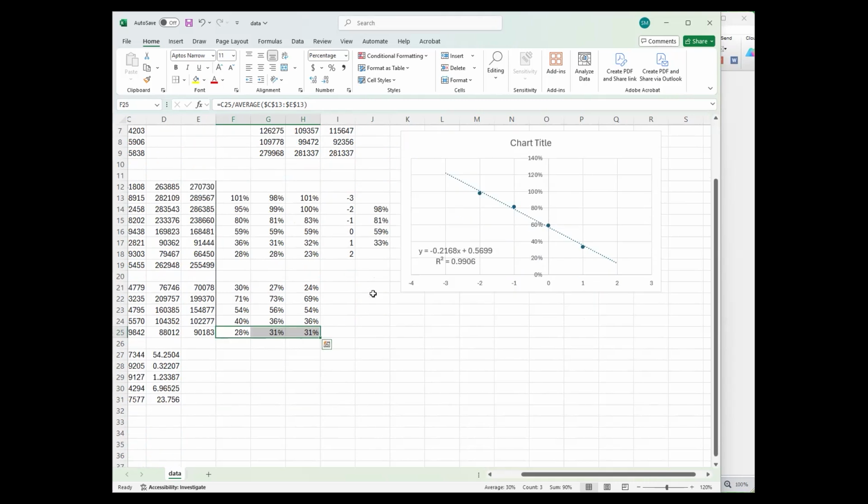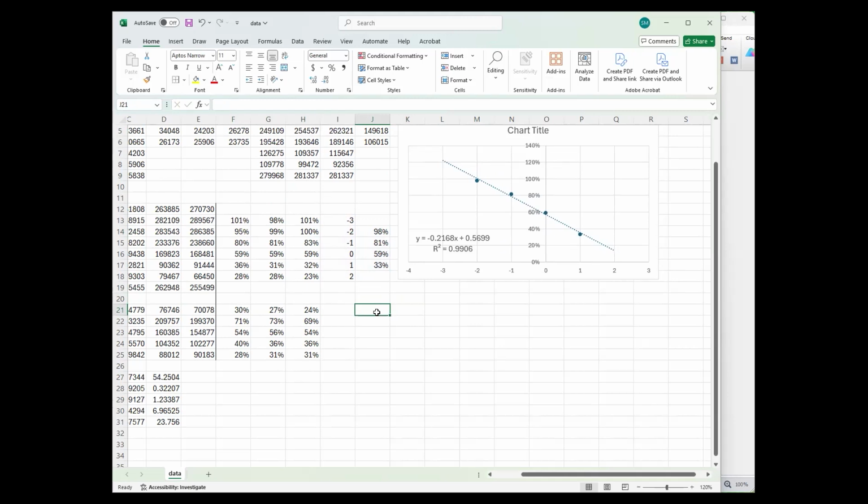And so to calculate our values from this, we use the linear curve here. So Y is your percentage. Here's your Y value, right? All right, to calculate what this would be, we start by capturing this cell. We're going to start with the 30%. We subtract the y-intercept, or the b value, which is 0.5699, and then we divide by the slope, which is negative 0.2168. All right, so remember, this is log transformed, so we have 1.2, and 1.2 is in between these values,